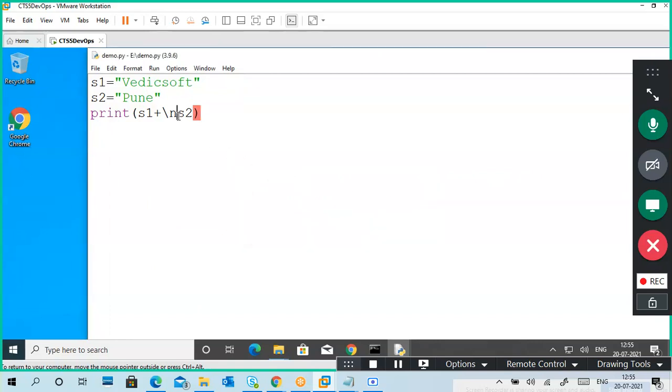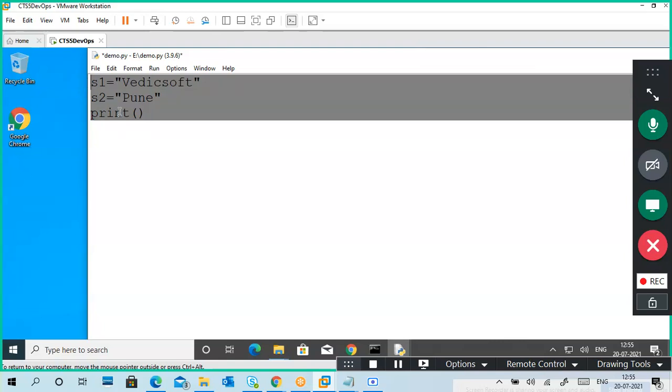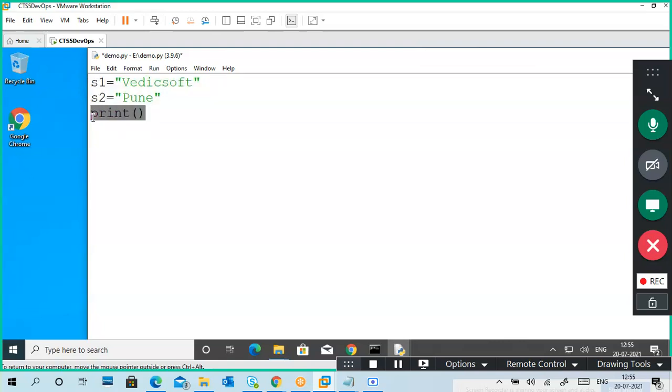Because of this error, otherwise I will write like this here instead of this one, so I will change the code. Maybe I will write like this, it's quite easy.